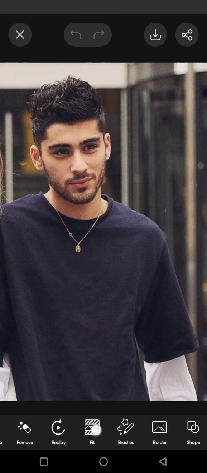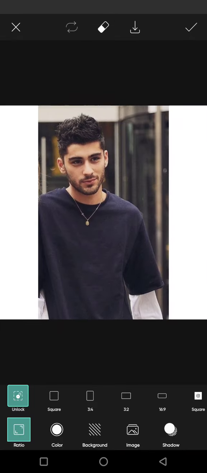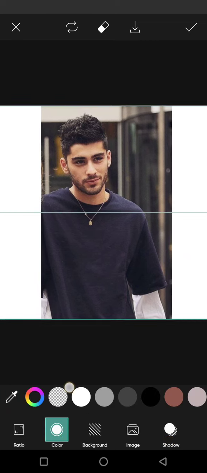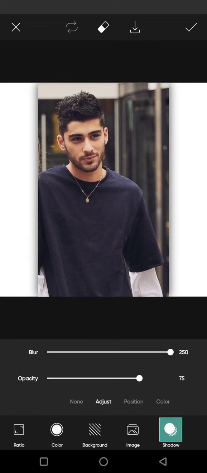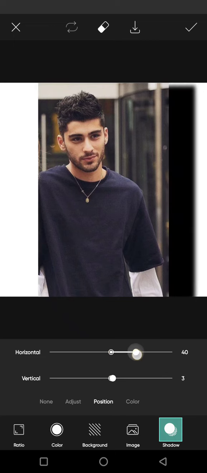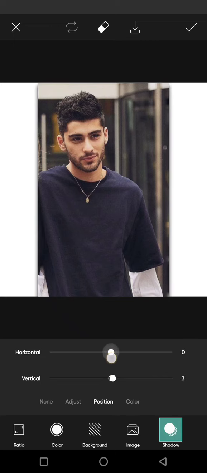Now you can just find the fit button in here, click on that and choose the shadow options in here. And for the color, don't forget to choose the white color. Click on shadow. Here you can adjust the opacity and also the blur. You can also adjust the position, the horizontal and also vertical. You can adjust it how you like it,